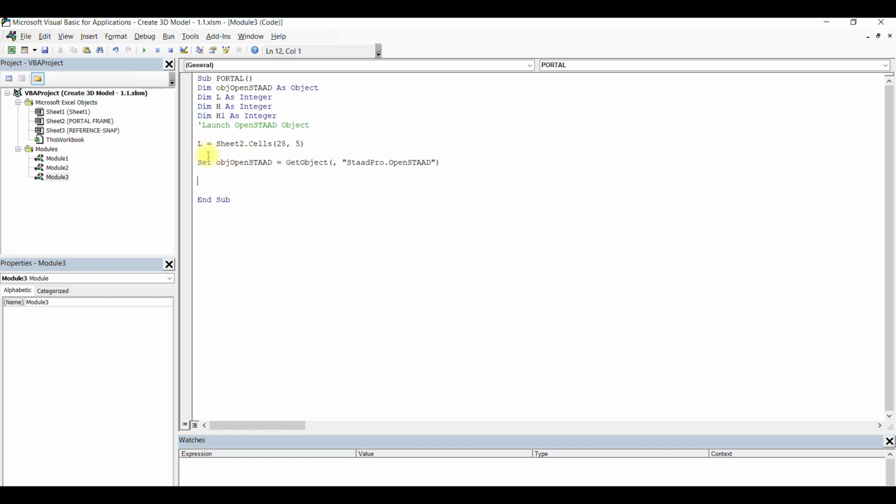Okay, so whatever the value is there in cell 28 comma 5, it will be assigned to L. Okay, and then you can enter height, which is easy. Just copy paste the same and then change the